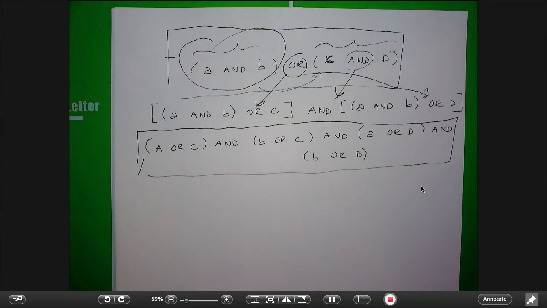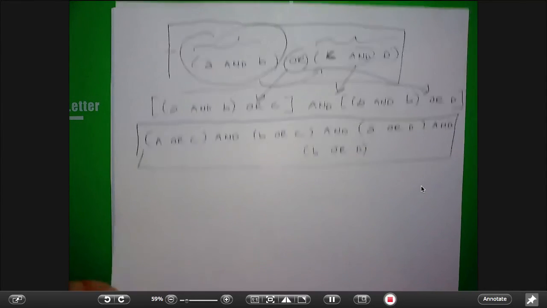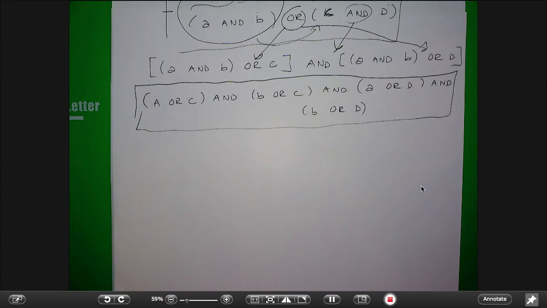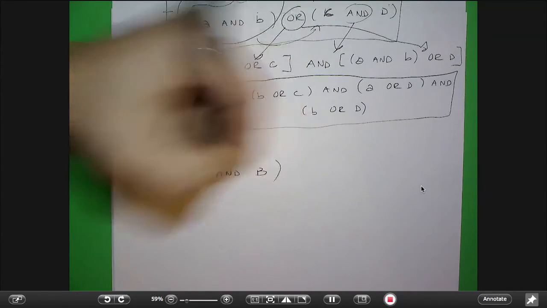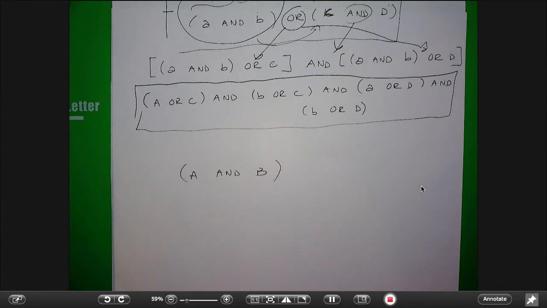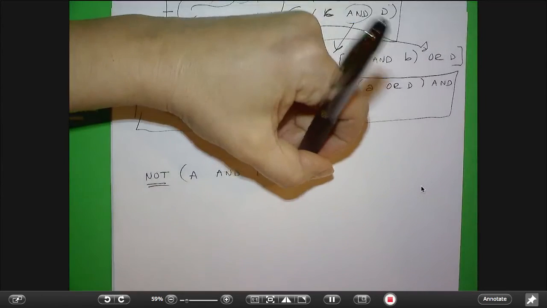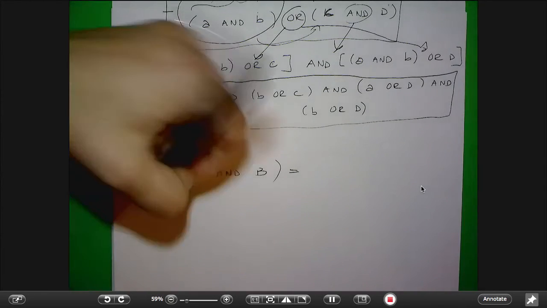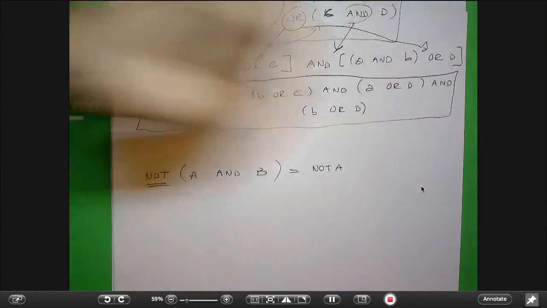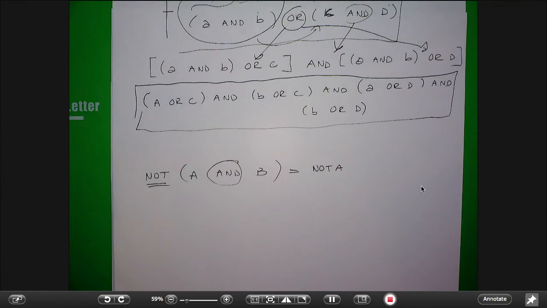Which one is more readable? The first one? Well, it depends, okay? And we will see that in a second. And you can do this. This is the distribution law. The second law has to do with the negation. So if you have A and B, okay, and you take the negation of this, not, what I can do is I can negate every single element in that condition. So this is the same as saying not A. What is the negation of and? Or